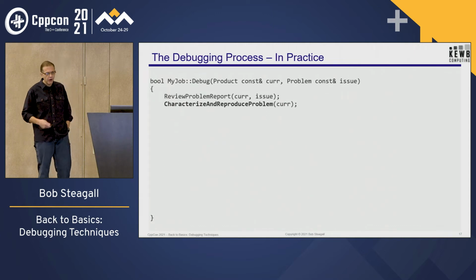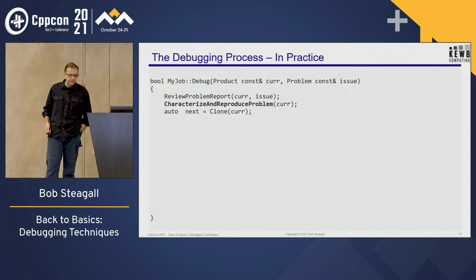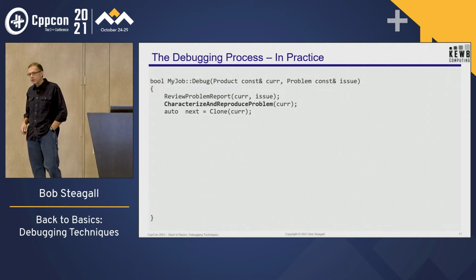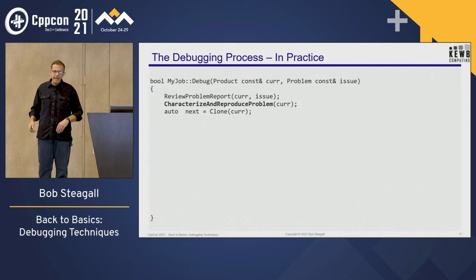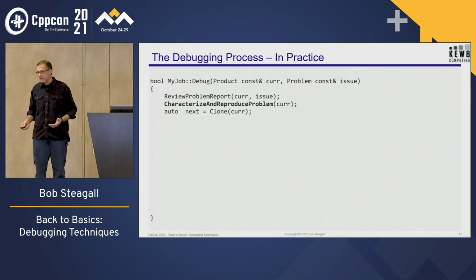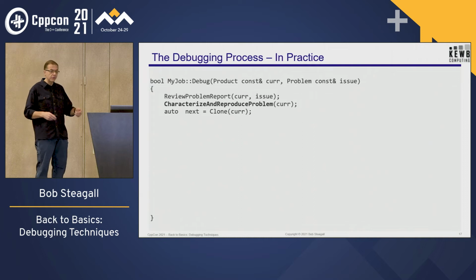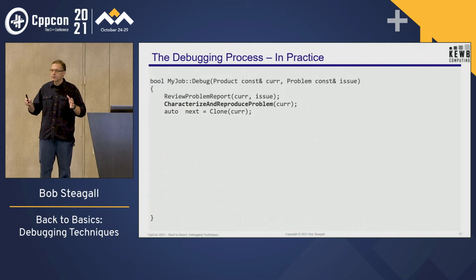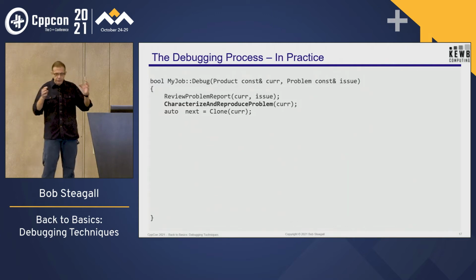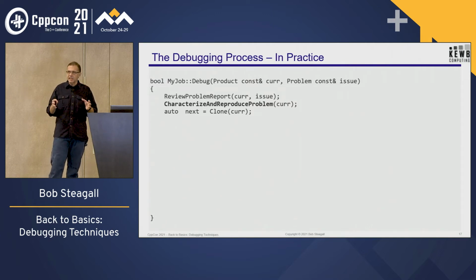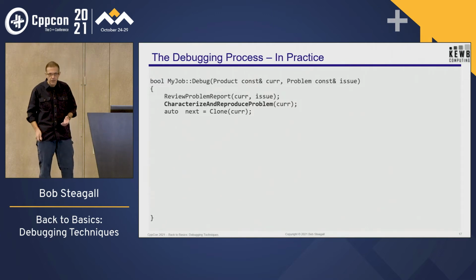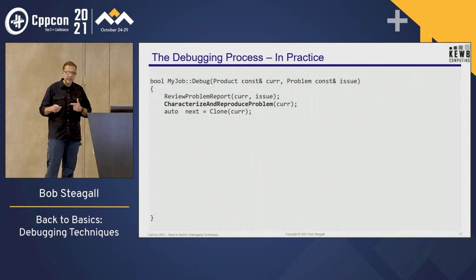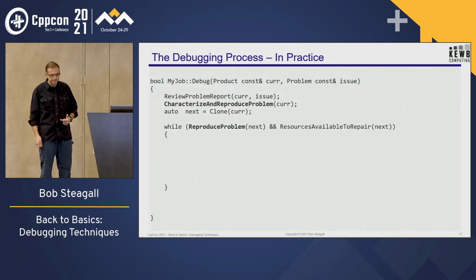Then we move on to characterizing and reproducing the problem. And then what I try to do is create a clone of the thing that I think is working incorrectly. And by clone here, I don't mean like a Git clone, although certainly you could do that. Create a new branch, a new repo, whatever. But it's a conceptual cloning. I want to duplicate the software, the source code of the thing that I think is failing, and I want to put it in a sandbox so that I can examine it without affecting anything else. It's an essential part of being able to duplicate the problem.